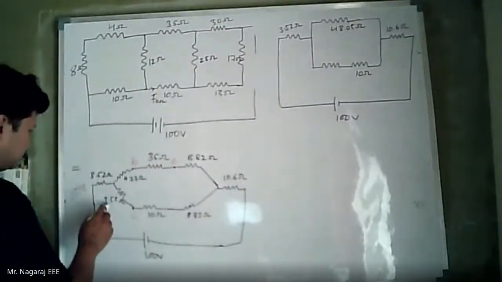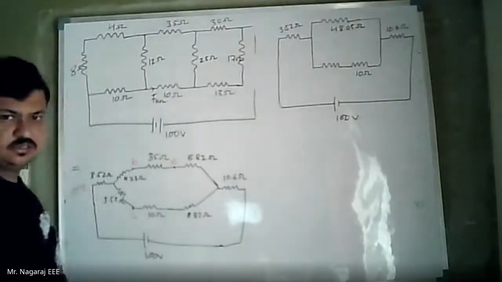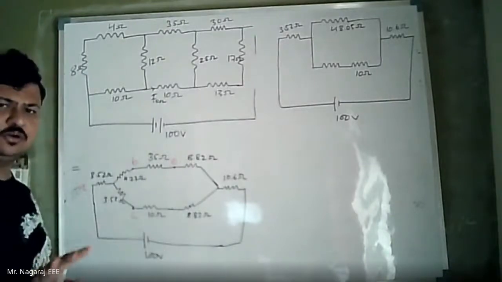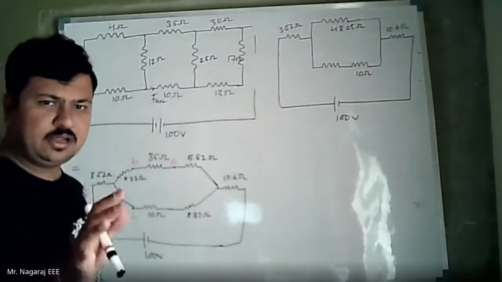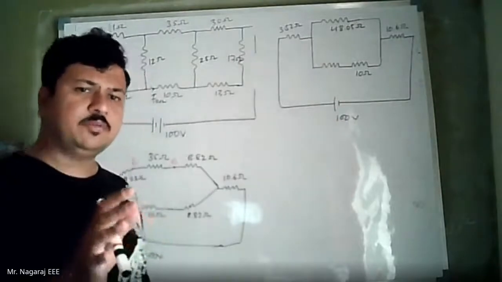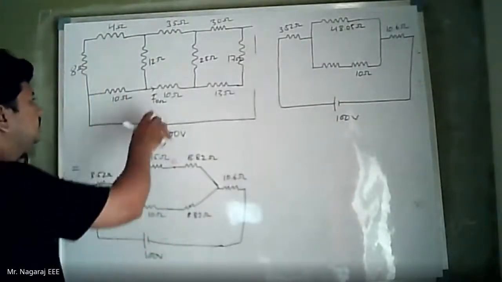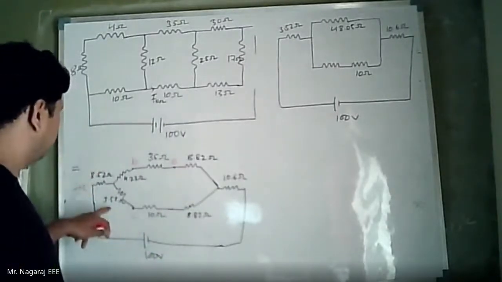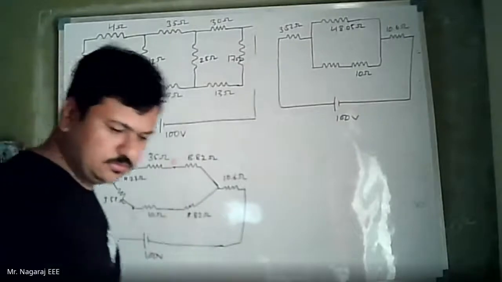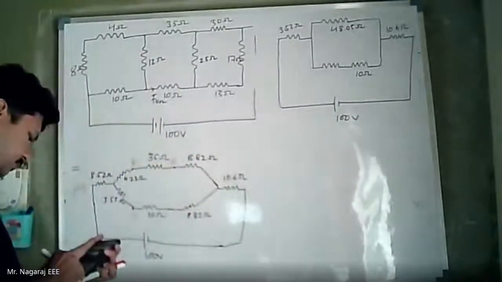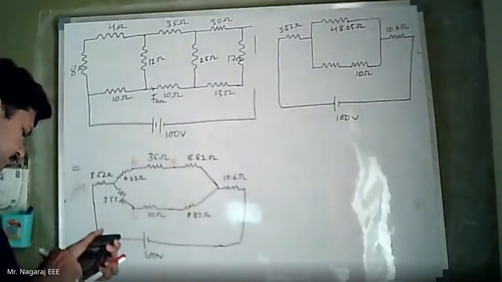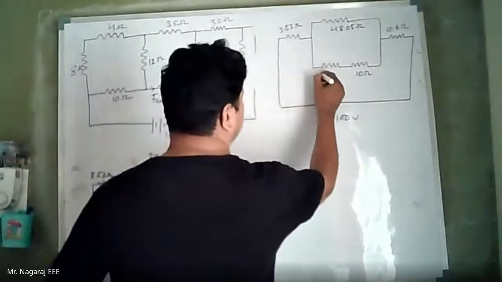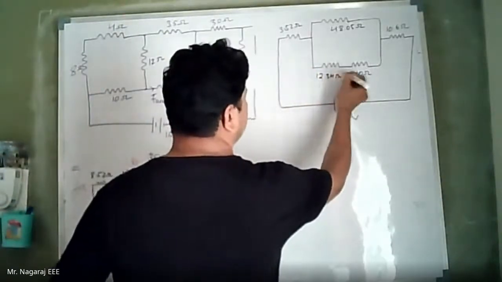So three resistors 3.52, 10 ohm and 8.82 are in series. I will keep these two added and I will keep 10 ohm as it is. There is no harm if you add, but you should have a clear picture of across what component I am finding what. Because it is asked to find current through 10 ohm, I will retain that 10 ohm resistor as it is till the end. So 3.52 ohms and 8.8 ohms, this 12.34 ohms in series with 10 ohm.